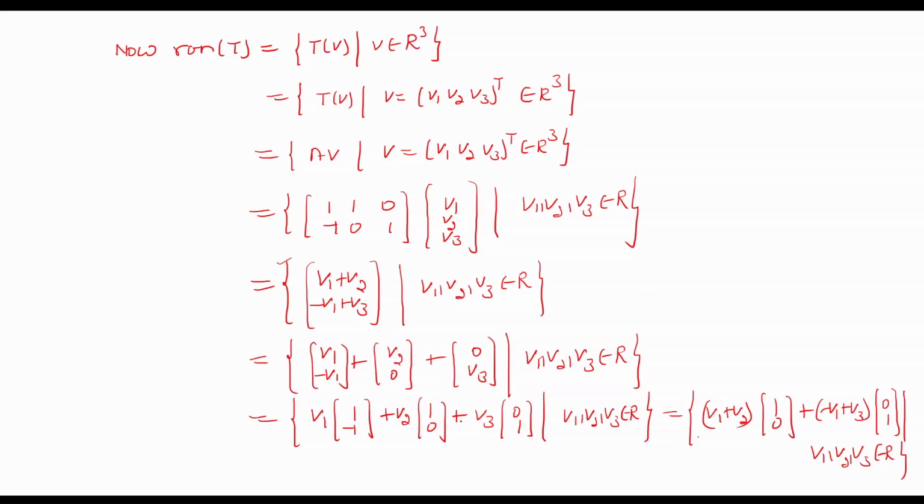Now, these three vectors are not linearly independent, since (1, -1) is equal to a(1, 0) minus (0, 1). But when you express this vector as a scalar multiple of (1, 0) and (0, 1), you can express every vector of the range of T as a scalar multiple of (1, 0) and (0, 1) in this form. And (1, 0) and (0, 1) are linearly independent, so they constitute the basis.